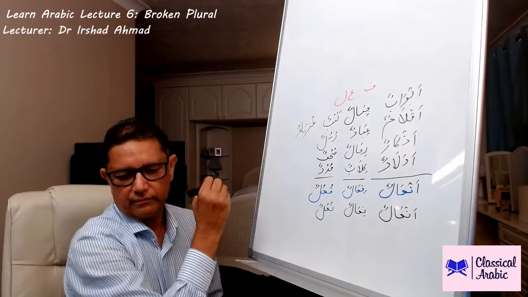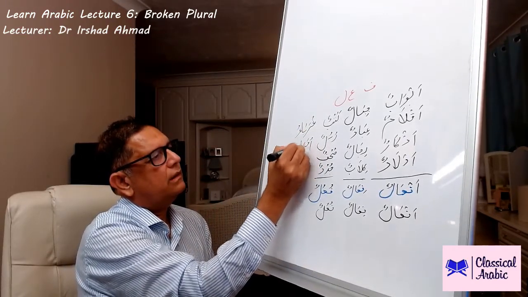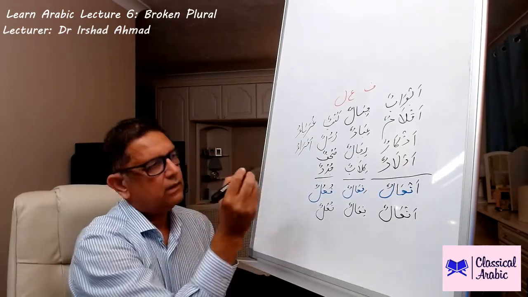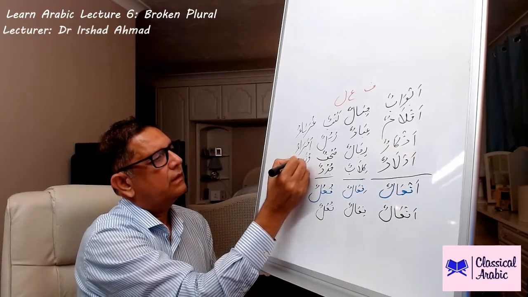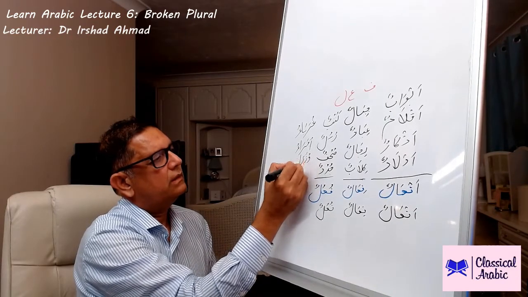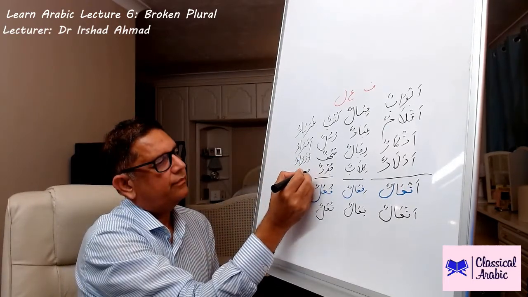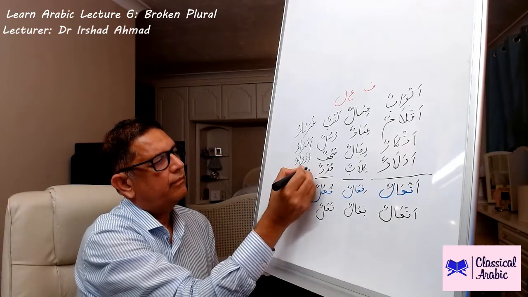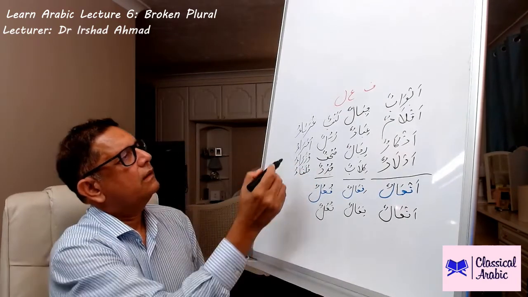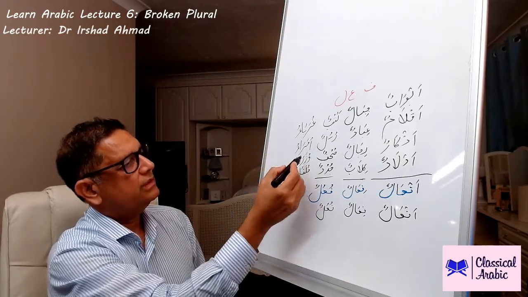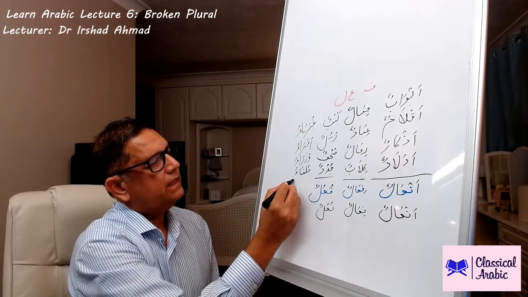Ghurabā'u, umarā'u, wuzarā'u, and then we have khulafā'u. Gharibun, amir, wazir, and khalifa. So those are the singulars, and the pattern will be